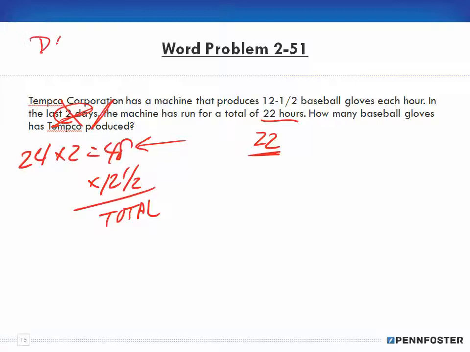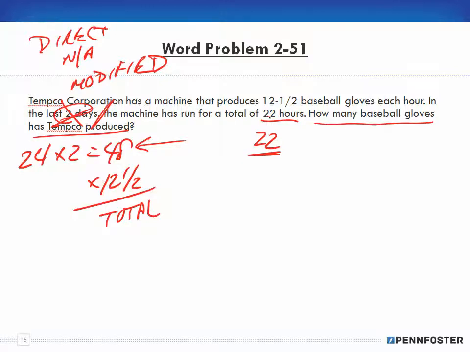Remember, direct, not needed, not applicable, and modified, right? When you're looking at this data, sure, I'm storing this information. I'm thinking about it in the back of my head, but that doesn't necessarily mean I need it. And in this case here, because it says how many baseball gloves has Temco produced, but they've only worked 22 hours, that was direct information. This 12.5 is direct information. Anything else is not needed here, and I don't need to modify it in order to help me solve the